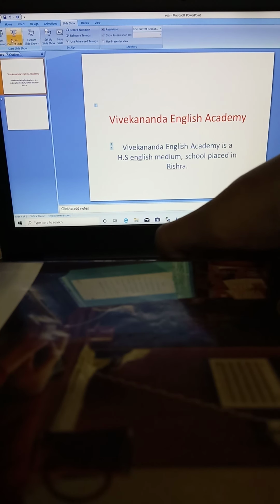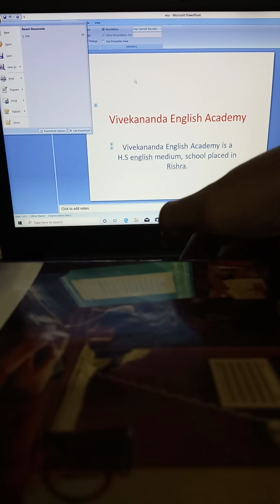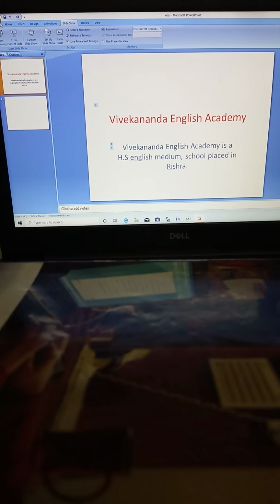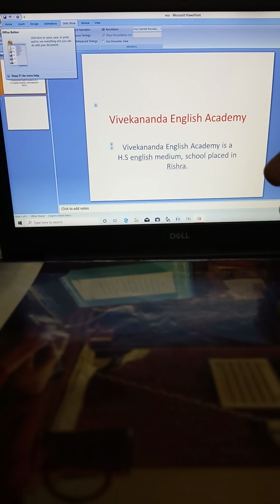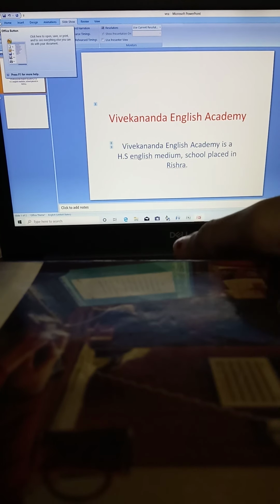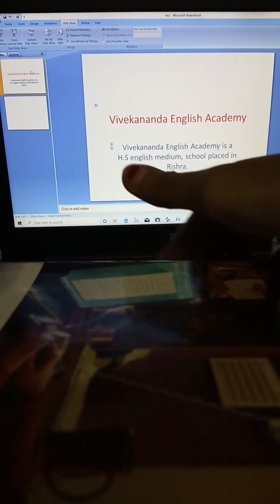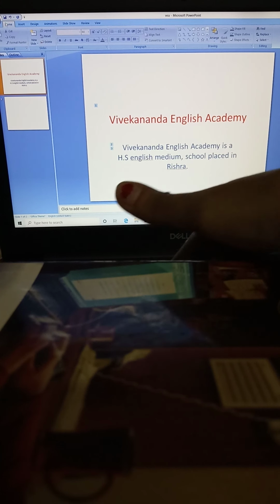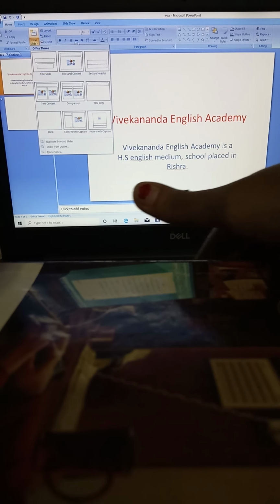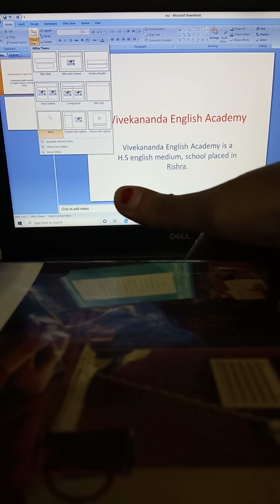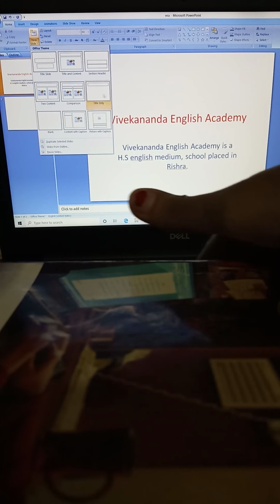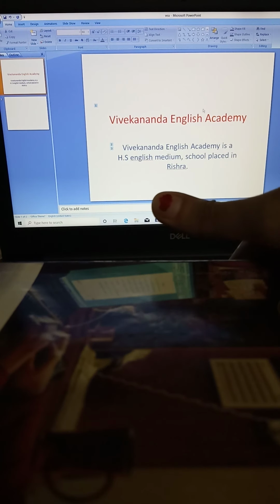You can add more than one slide in your presentation because the presentation will contain more than one slide. So here I have created only one slide. You have to create more than one slide, like click on Home, then new slide, add slides from here, and then just apply the animation effects on the objects.